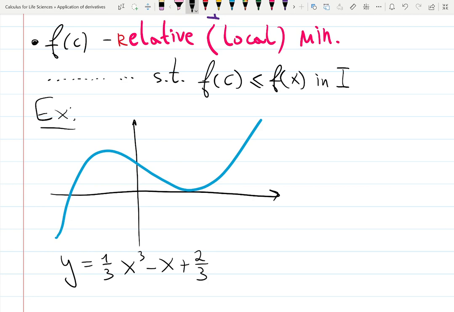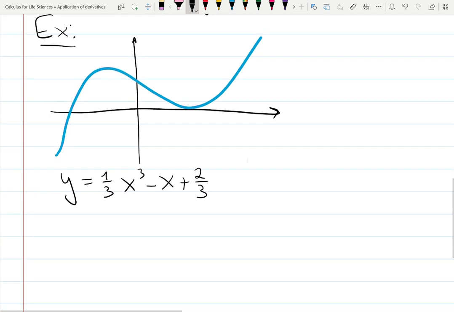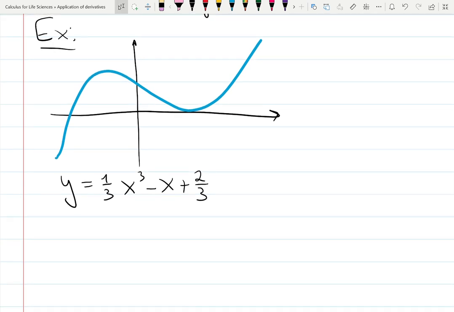You are now professional in differentiating because you passed the first exam. So now we are very happy that you know how to take derivatives. Very nice. I'll be saying local, and relative and local are the same thing, but local is faster to write, so I like it more. Local maximum